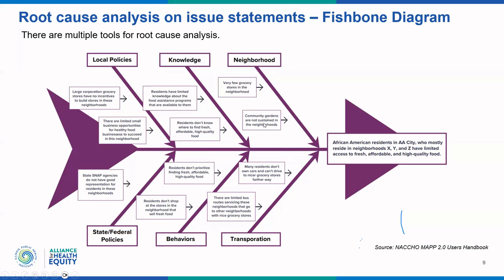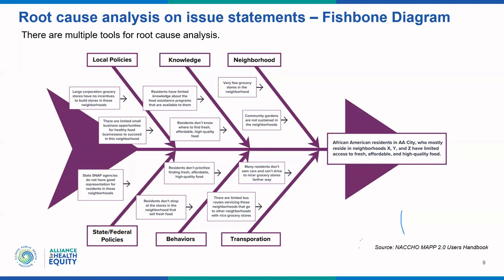And these are also, as you notice, issues that could be intervened upon essentially. So you have an intervention point here. But we'll go to the 5 whys diagram. This one, the fishbone diagram, although it does provide a good basis for identifying root causes, it's not necessarily a process that gets you down to a singular root cause or a few root causes the way a 5 whys process would.